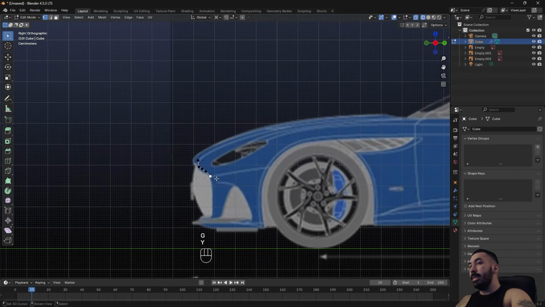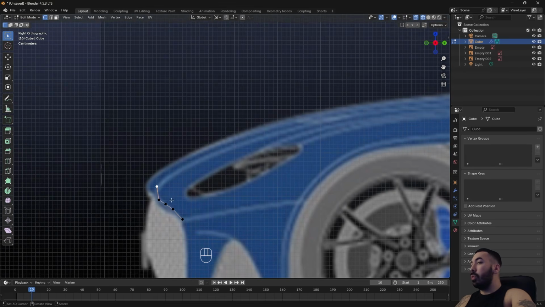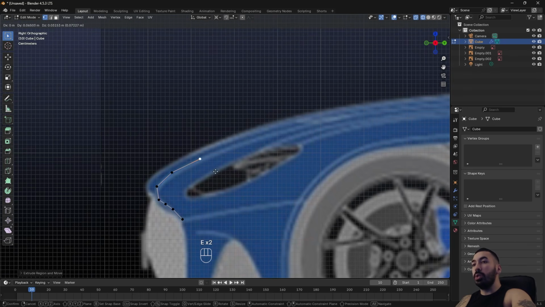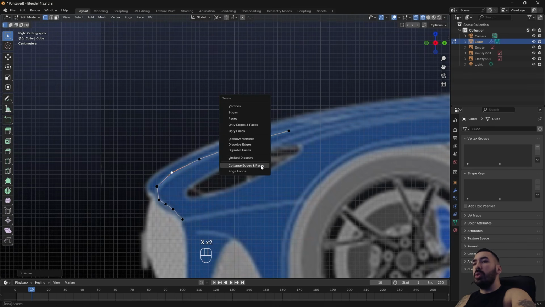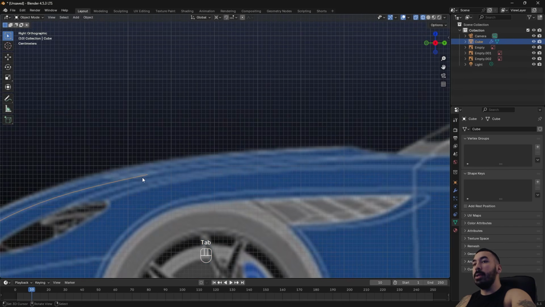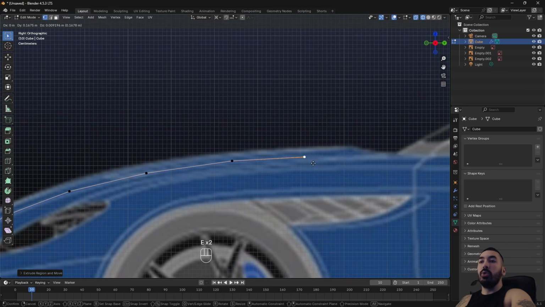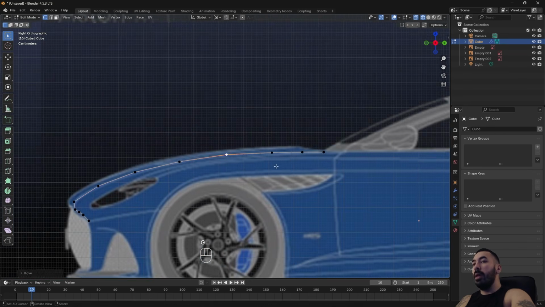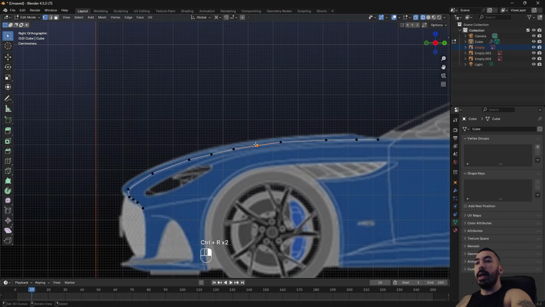So while we're still in side view, we're going to take this vertex over here, we're going to extrude that once, we're going to extrude that twice, 3 times, 4 times. You still want to keep the geometry here as low as possible, so you want to keep these vertices nicely spaced apart as you follow this white line here. It might be kind of hard to see, but that's how it goes when you don't want to pay for no reference images. And then once you got the rough shape, then you're going to add a couple more vertices